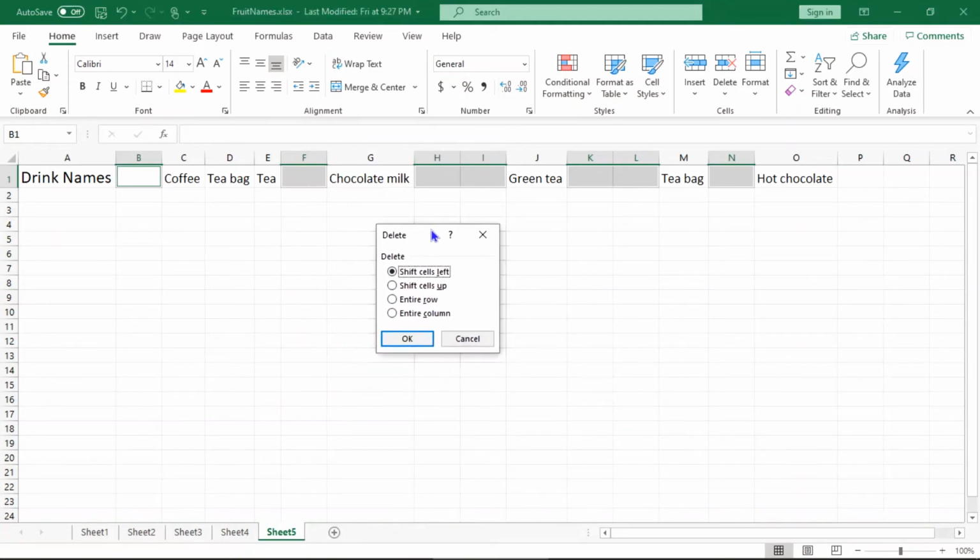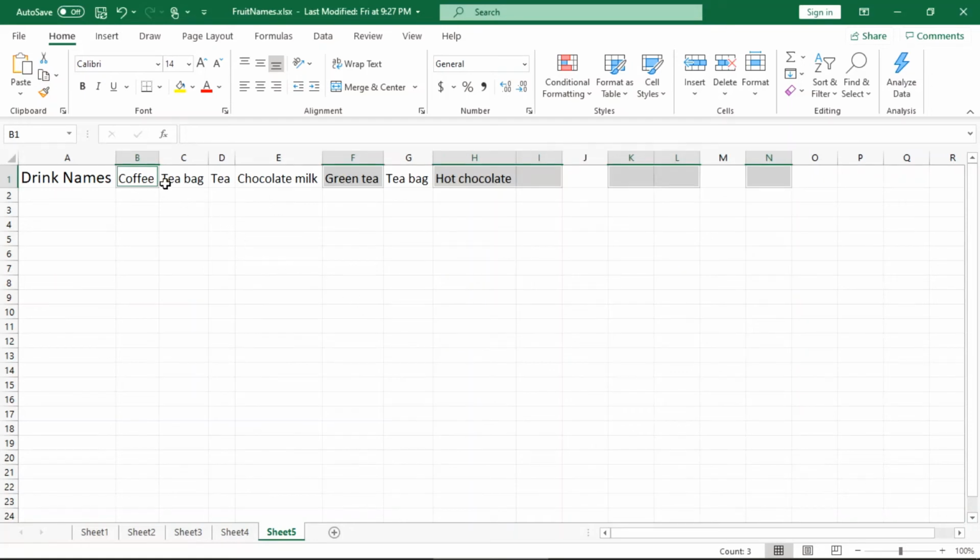Again Excel asks you with four options: shift cells left, shift cells up, entire row or entire column. If you closely observe, shift cells up and entire row go hand in hand, and shift cells left and entire column go hand in hand. This time I am going to select entire column. If you select shift cells left or entire column, it gives the same functionality. Click OK. Now all your data elements have been rearranged and empty cells or blank cells have been removed.